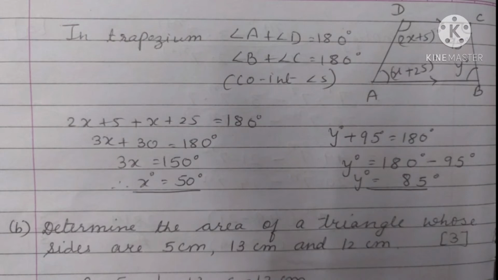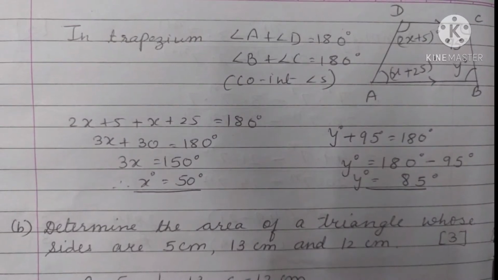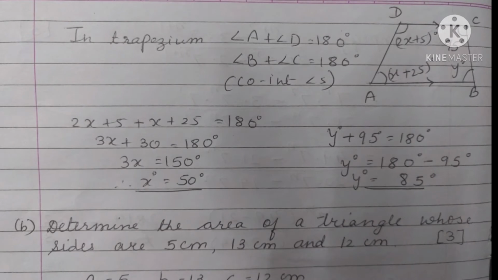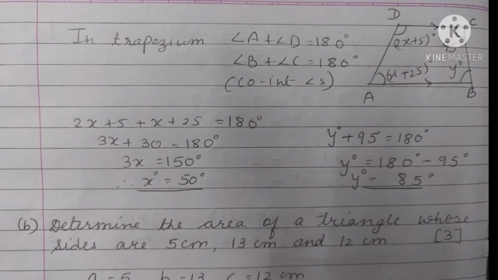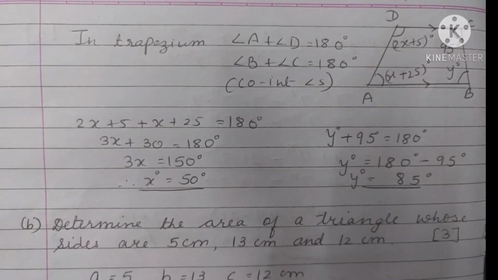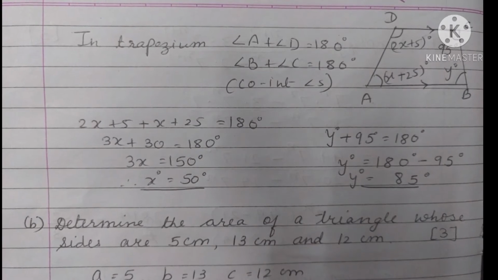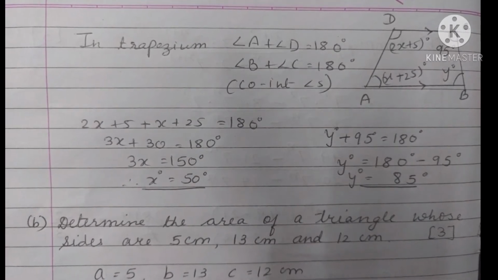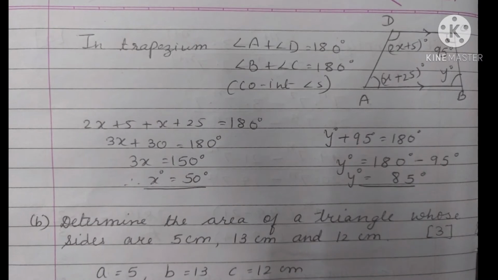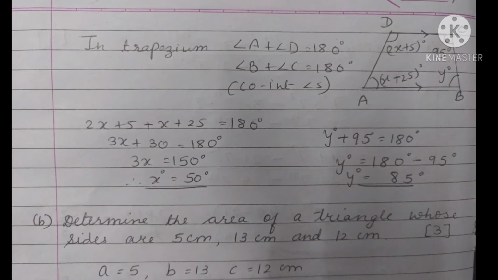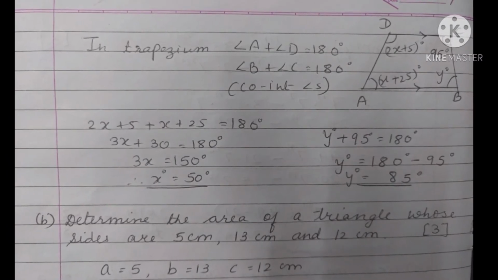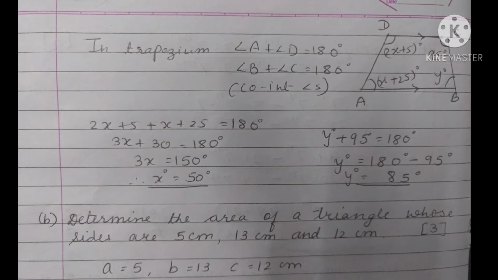So now in a trapezium we all know that two sides are parallel, that is AB and CD are parallel. So these angles, A and D, are forming co-interior angles, and B and C are also forming co-interior angles, and co-interior angles are always supplementary. So I write here, angle A plus angle D is 180 degree and B plus C is also 180 degree.